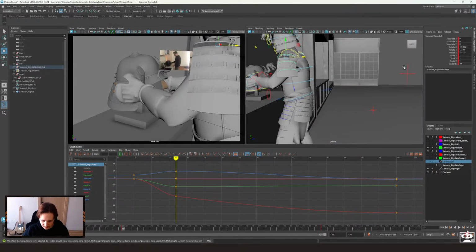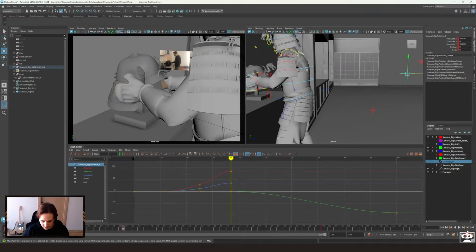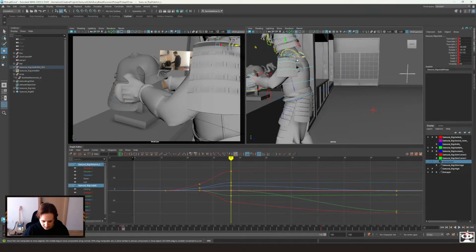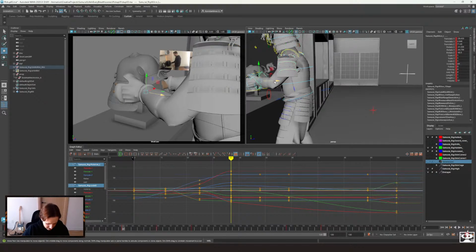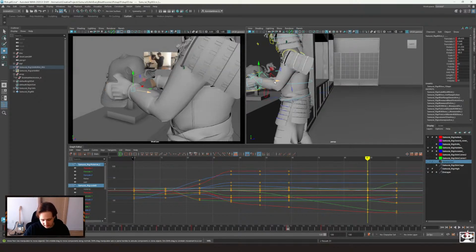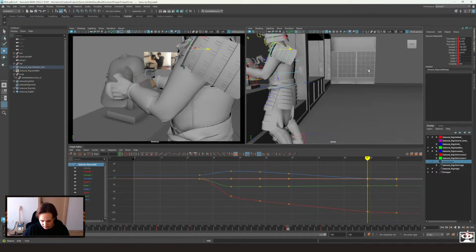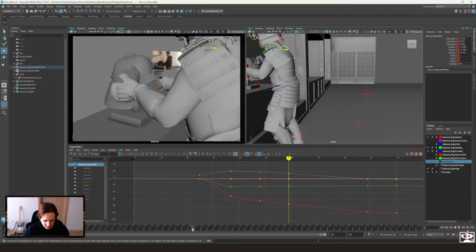So let me grab elbow, this guy, oh no, this guy, and I'll add keys exactly where they are. But for this one and the elbow, no, maybe not for the elbow, let's see. But for this one,